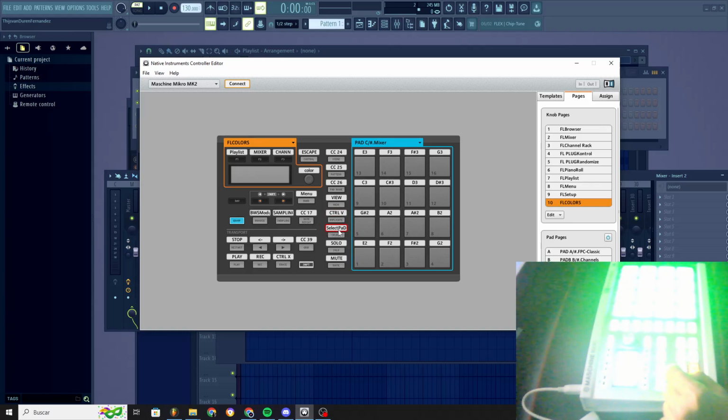Select, as I mentioned, works in combination with pad A to do the classic controls. Right now I only use it for this one, but in the future I may use it for other things. Okay. What else? Escape, menu, browse,